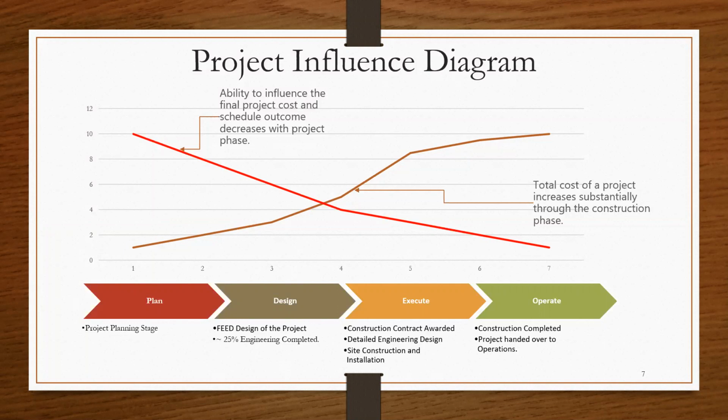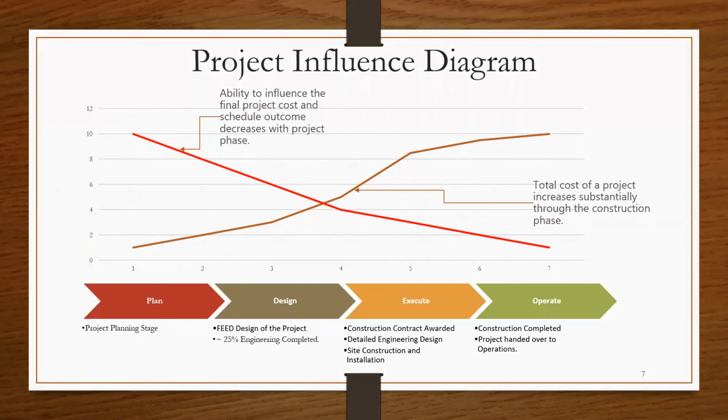And this is pretty evident. For example, if you are constructing a building, by the planning stage, you will have completed your design and you have decided whether you are building a 10-story building or a 5-story building. And as you go along, and the more money you expend, you are setting the final range of outcome for your cost and schedule. The second chart is a typical S-curve that most of us are familiar with, and that